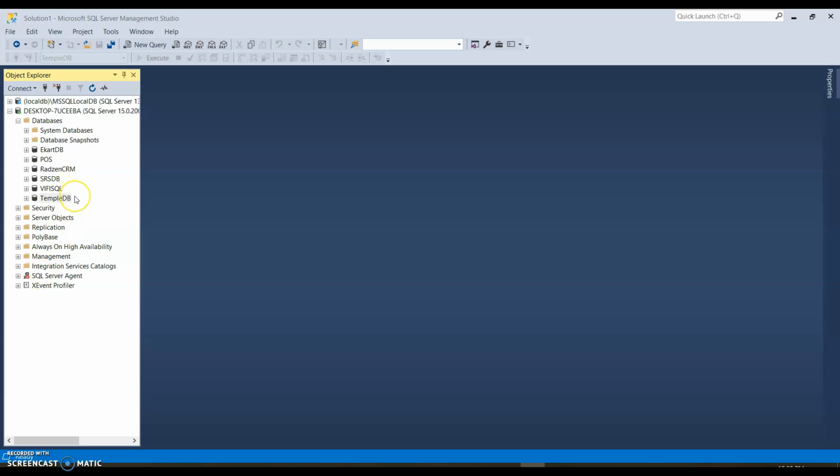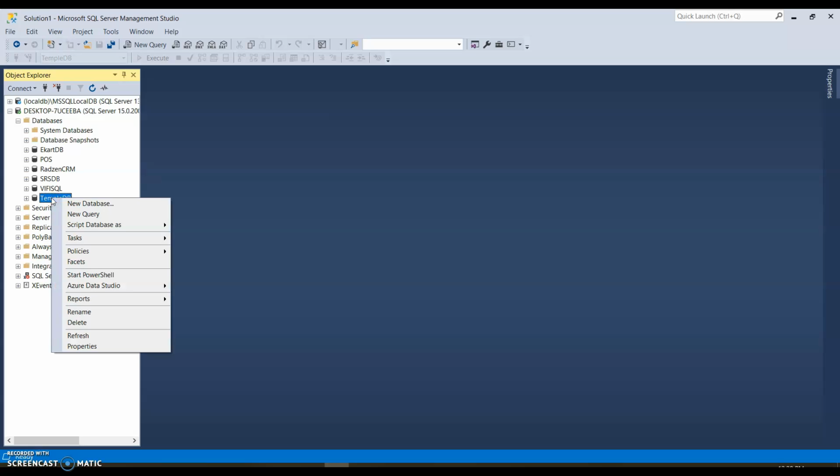So in this video, let's see how to create scripts for an existing database. Sometimes taking a full backup and restoring it on another device may encounter issues, especially when the SQL Server Management Studio versions differ from one system to another. So in those situations, or when you really want to have a script which you don't want to write manually, in either of the situations you can generate the scripts for an existing database.